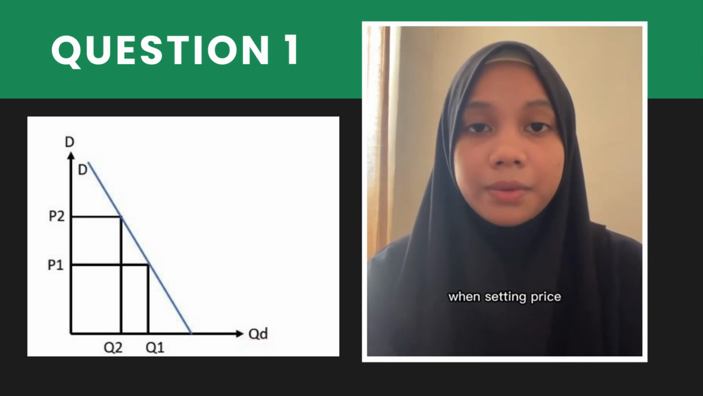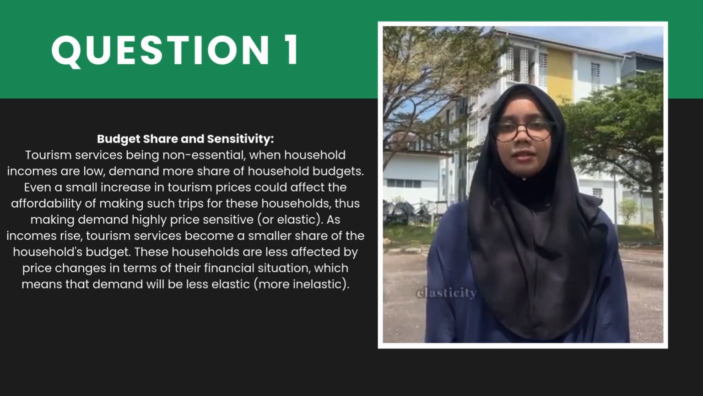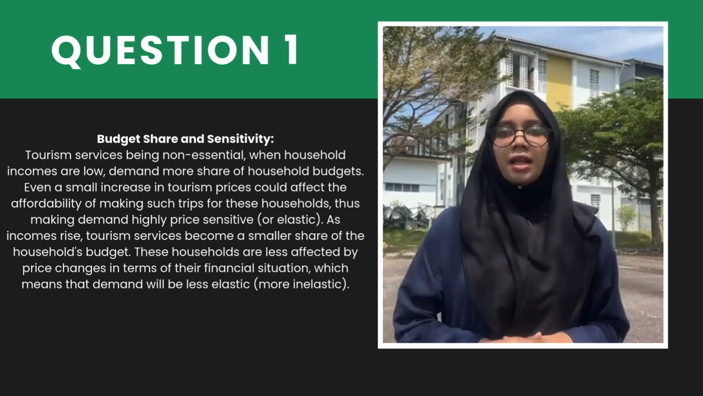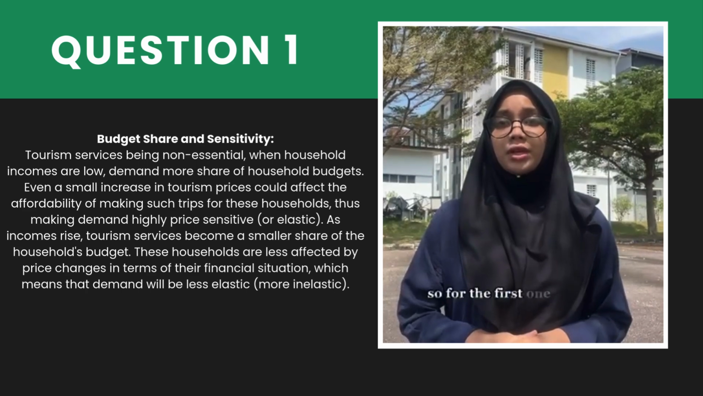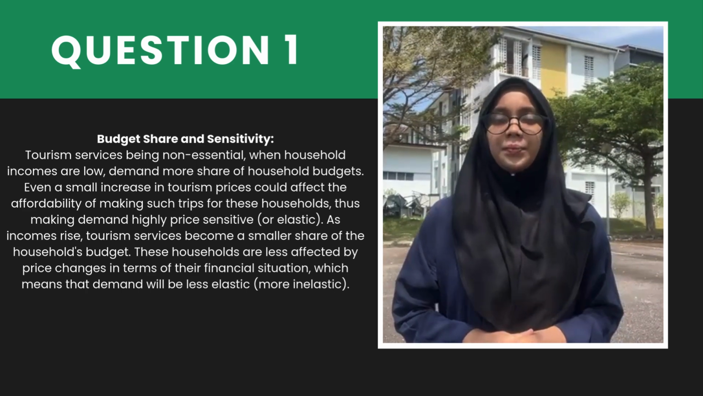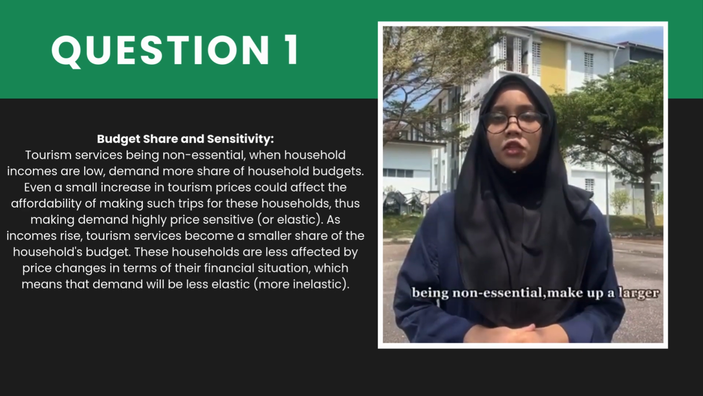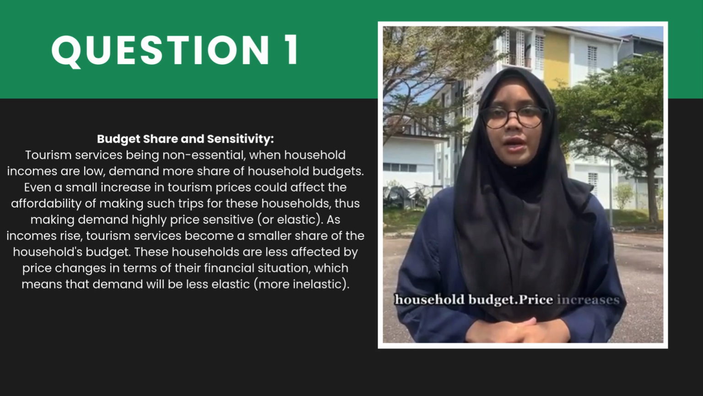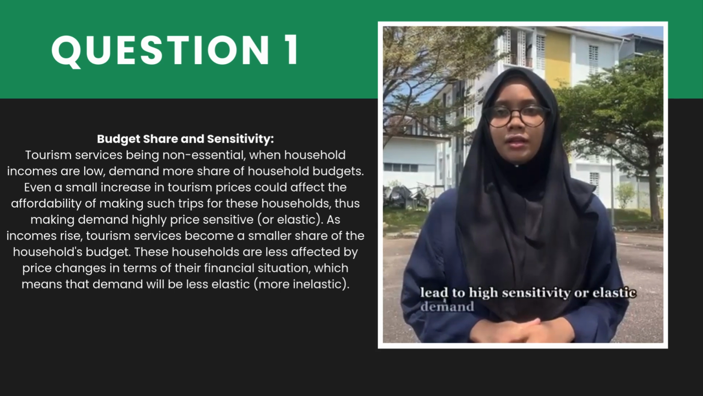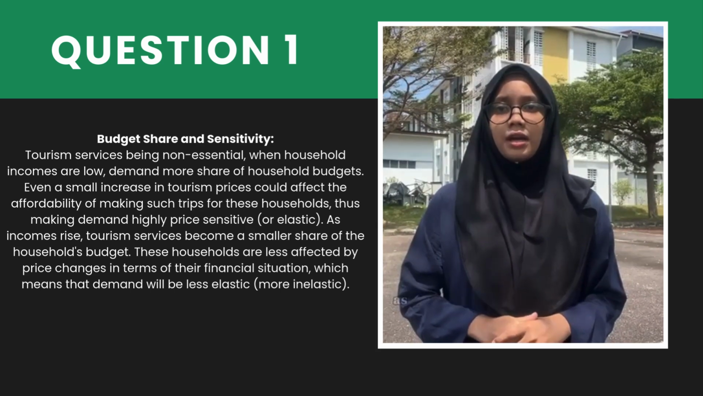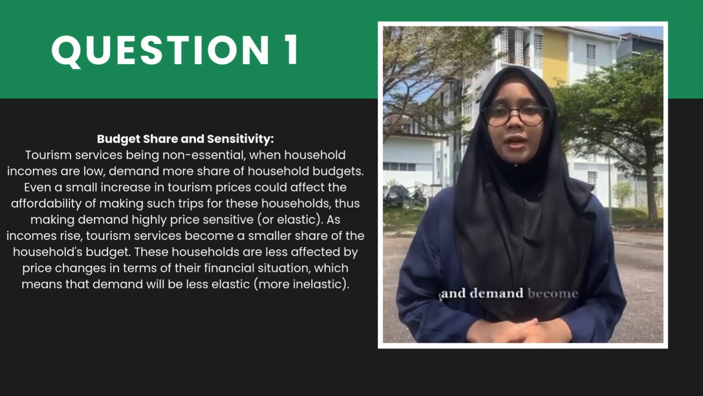when setting price. The question focuses on the relationship between household income and price elasticity of demand for tourism service. Let's explore how income level influences this dynamic. So the first one is budget share and sensitivity. As income decreases, tourism services, being non-essential, make up a larger share of household budget. A price increase in such a scenario leads to high sensitivity, or elastic demand. Conversely, as income rises, tourism becomes a smaller part of the budget and demand becomes less elastic